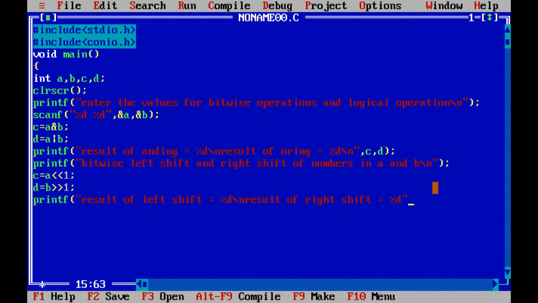Again, this is complete, so a comma, and then I need to mention the variables.